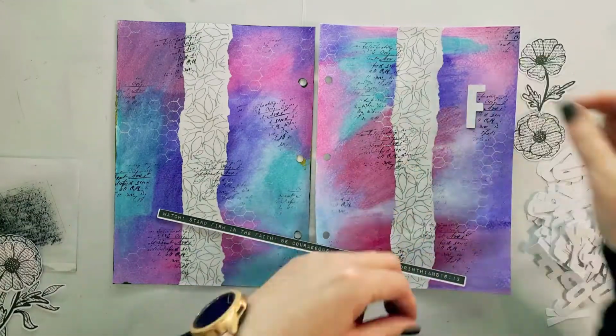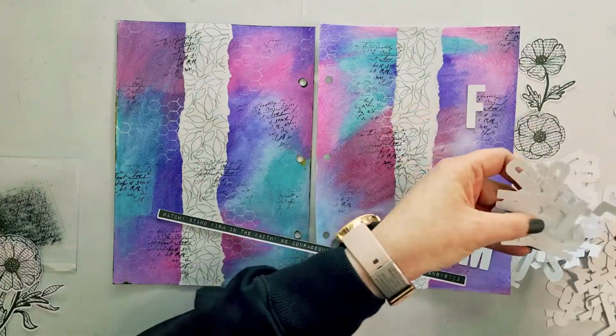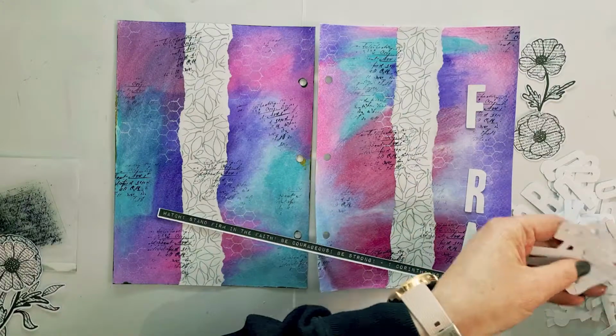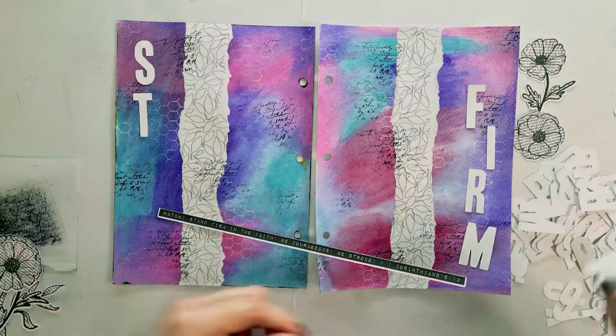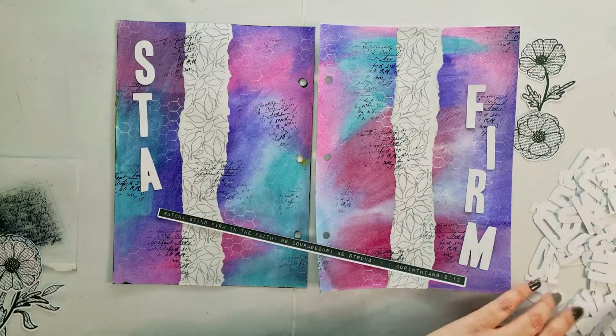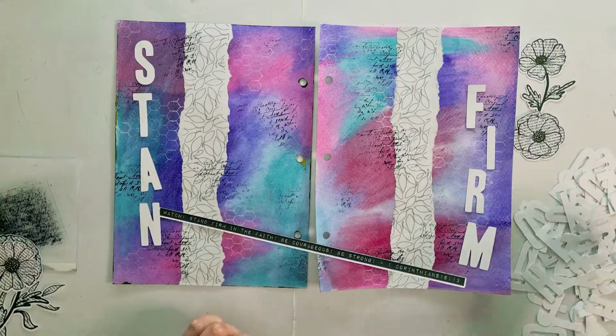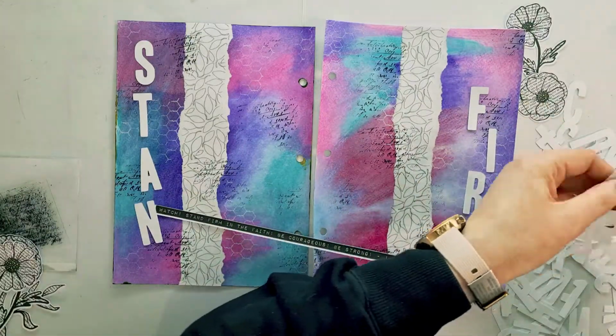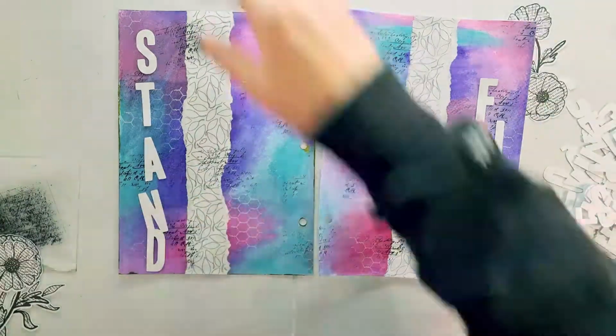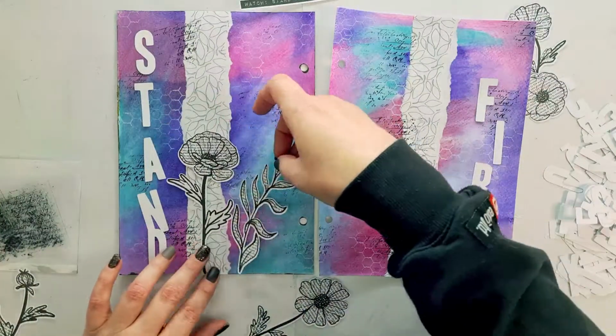I'm going to be using the Roetz white alphas for this one, and just finding all of the letters that I need to do so, which I'm going to put on fast forward because you really don't need to see me do that. So once I have all my letters ready, I'm now ready to start sticking things down, and